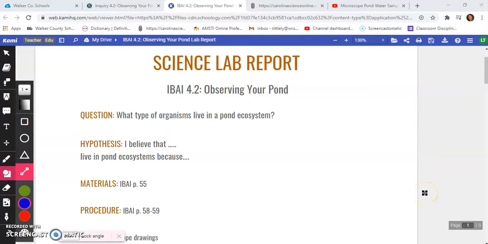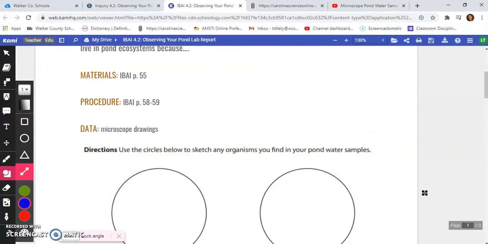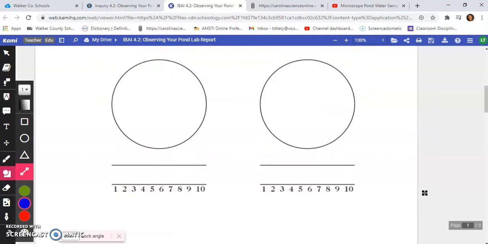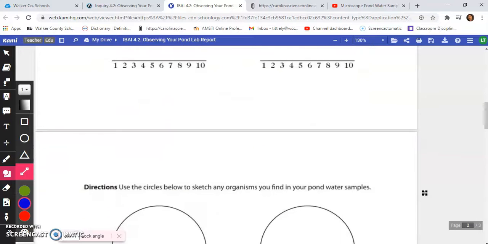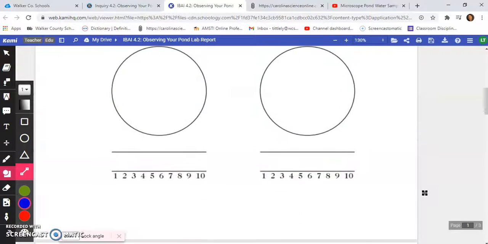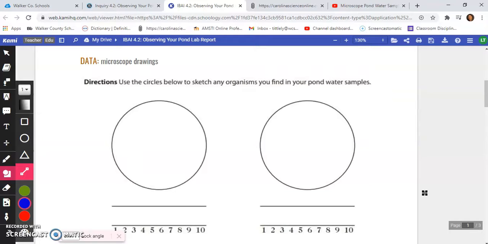Okay, our materials are found on page 55. Our procedures are found on page 58 and 59. And as you can see from the data, you're going to do some microscope drawings. You're going to look at a couple of samples of pond water, and you need to pick out 4 different organisms. There are 4 different circles. So in your 4 circles, I want you to sketch any 4 organisms that you see in the pond water